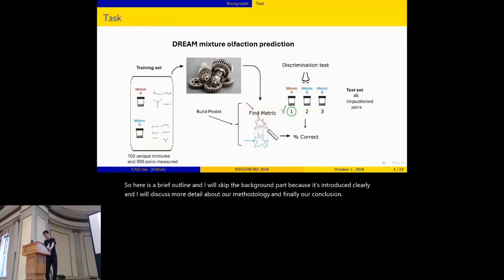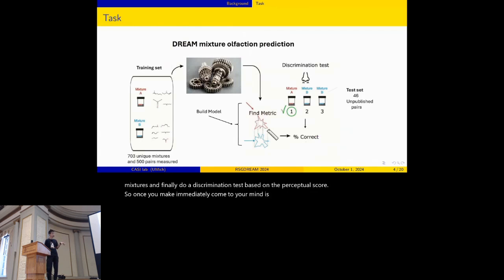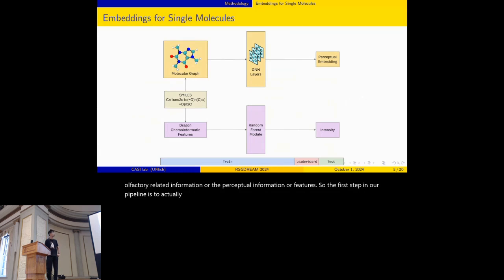So here is the data set, and our task is to build a model to find the metric between two mixtures and finally do a discrimination test based on the perceptual score. One thing that may immediately come to your mind is that till now we still haven't gotten any olfactory related information or perceptual information or features. So the first step in our pipeline is to actually predict the perceptual embedding and use it as upstream information